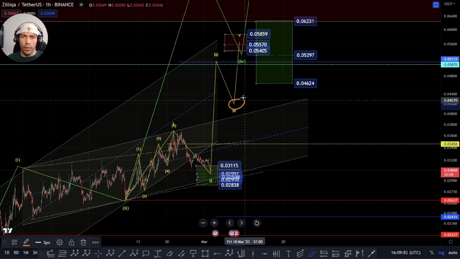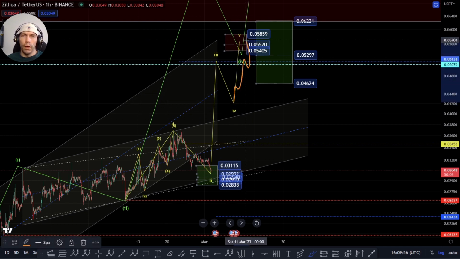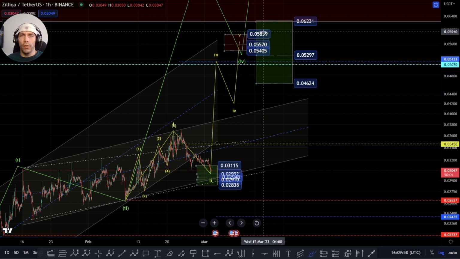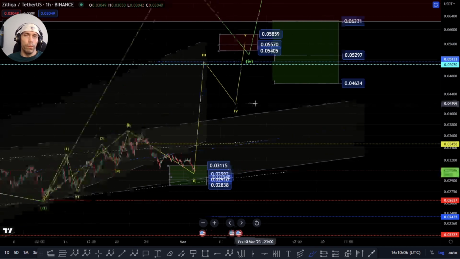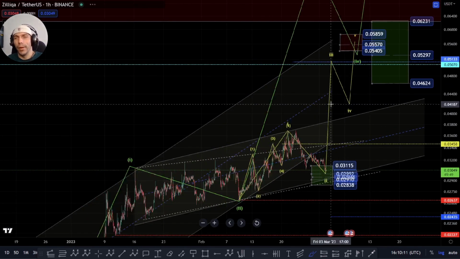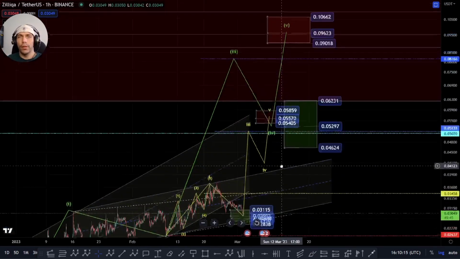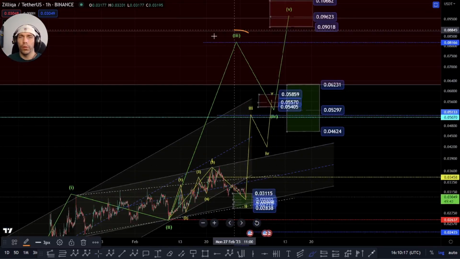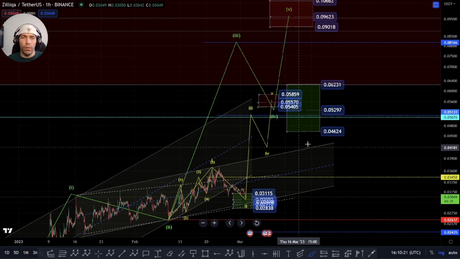Then we'd want to see evidence that we actually formed this fourth wave here, and then seeing a nice 5-wave move up here for this fifth wave, potentially into this range of 0.5859 to this 0.5405, and then basically from that point we'd be looking for two things really. If this extends out and we manage to cross above this move here, this 8166, then we could actually look